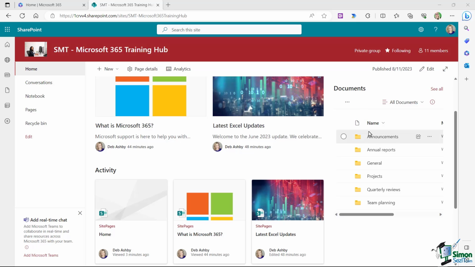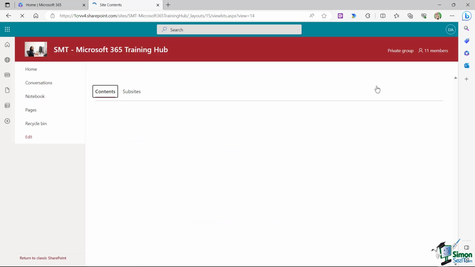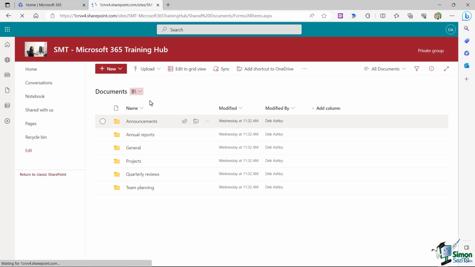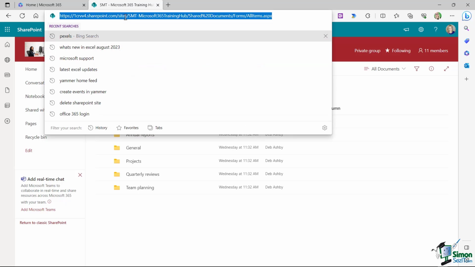So let me just very quickly show you how to do that. We're going to jump up to the cog to jump into settings, and we're going to go back to site contents. Now, once we're in here, if we click on documents, this is basically our document library page. So you can see that is a much bigger version of that smaller web part. Now, I want to be able to get to here quickly because I find the larger version easier to work with. So what we can do once we've navigated here is we can copy the URL, Control C, and then